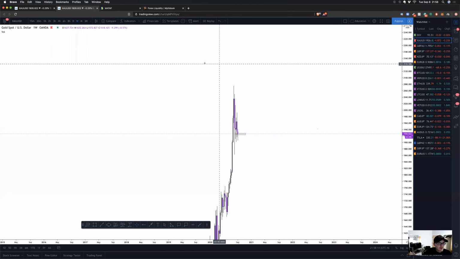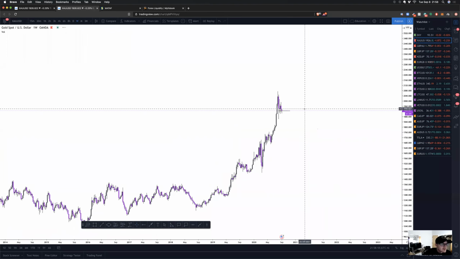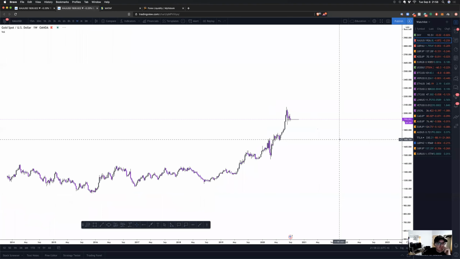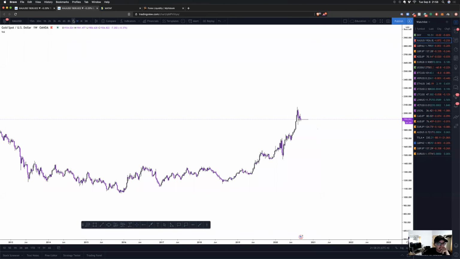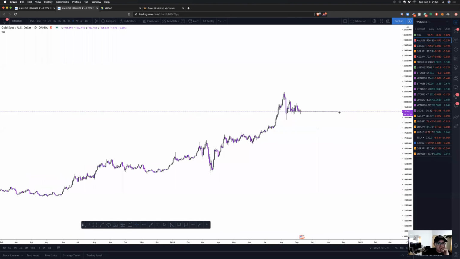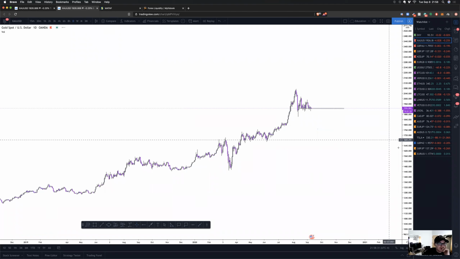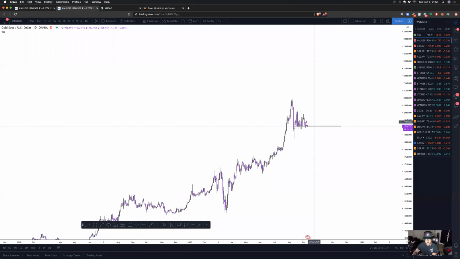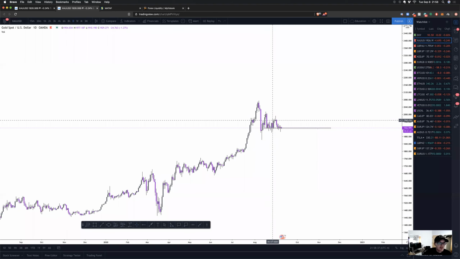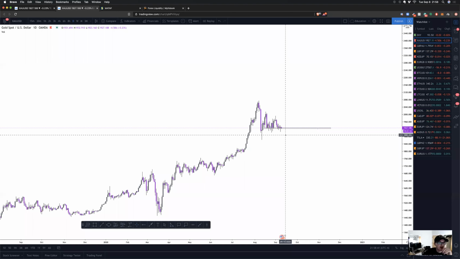Yeah, and just kind of going back to structure real quick. I don't know if you can throw it up on weekly. I think it's the cleanest look for it. Maybe daily, but you can see that price is making lower highs, but without making lower lows. And that pattern usually means that the bullish pressure is losing steam, right? So this to me looks incredibly bearish long term or on a higher time frame because we're not making lower lows yet, but we are making